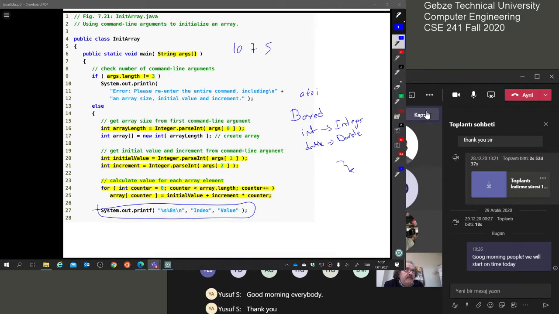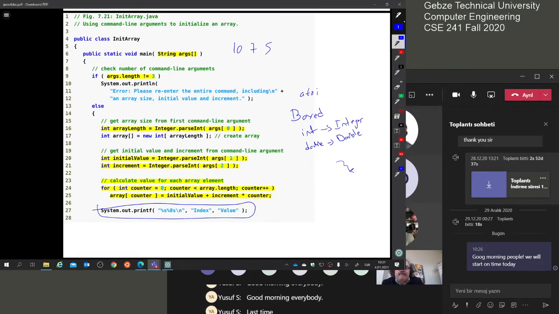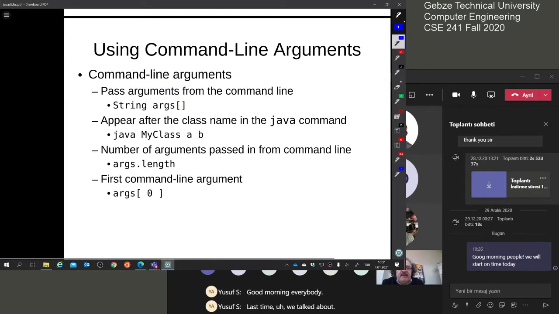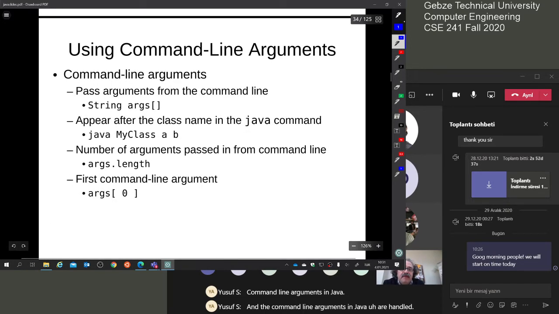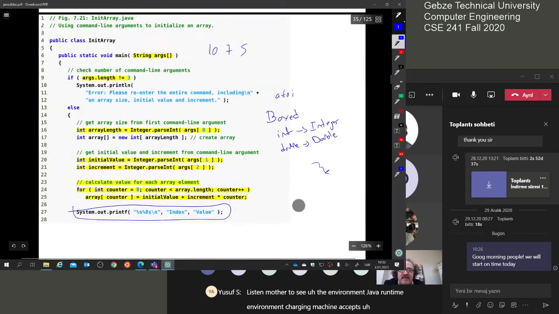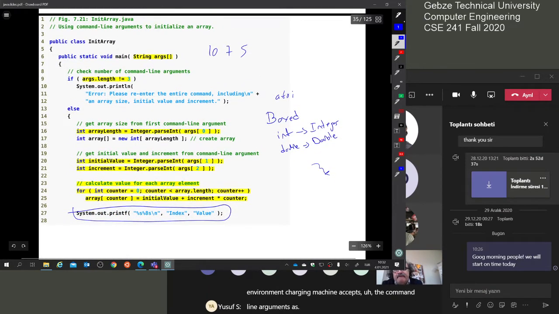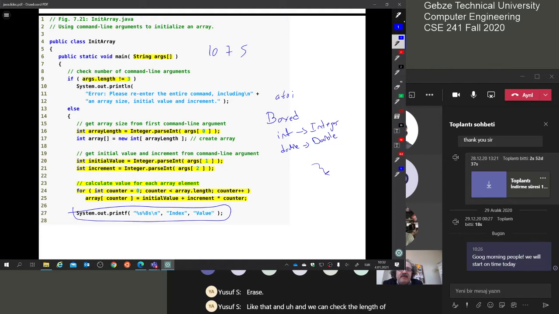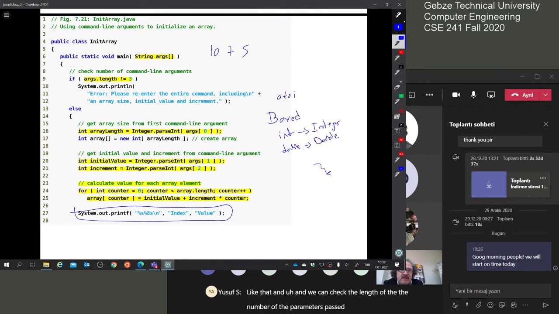Good morning, everybody. Last time we talked about command line arguments in Java. The command line arguments in Java are handled very similar to C. The Java runtime environment, the Java virtual machine, accepts the command line arguments as string arrays like that. And we can check the length, the number of the parameters passed. In this example that we have seen last time, if we look at the